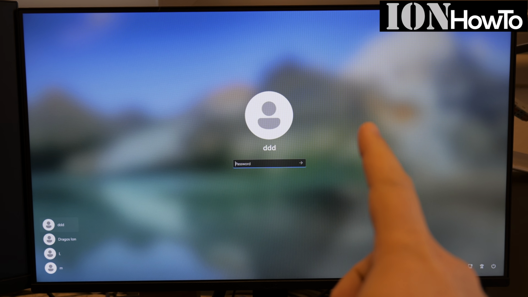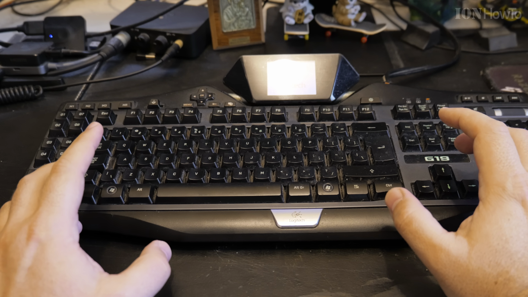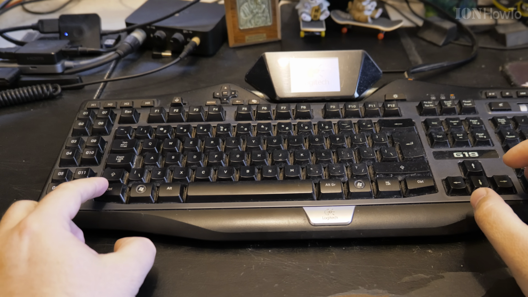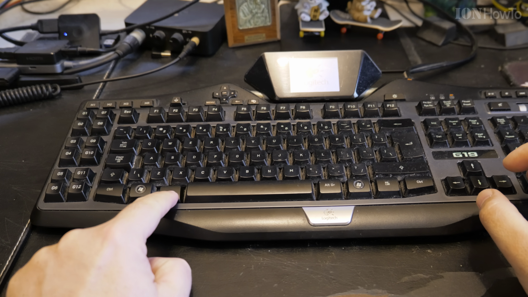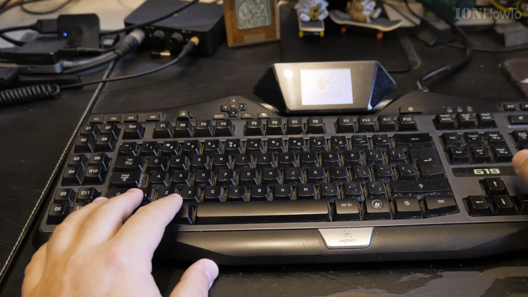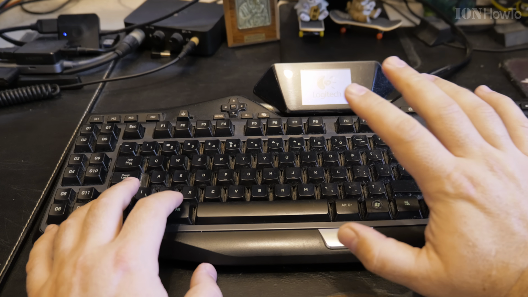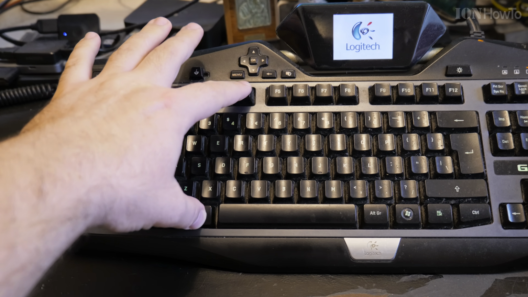Today I show you how to power off your computer without using the mouse. These are the keys that are important. You have here Control, and then Alt is here, and Delete is here. You can either use Control Alt Delete, and you see the power menu, or you use Alt F4 to close